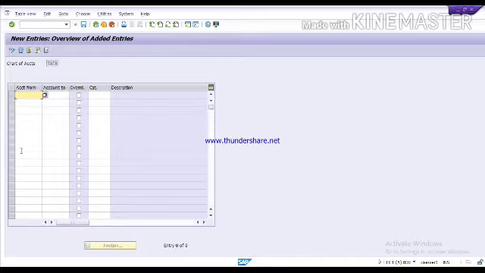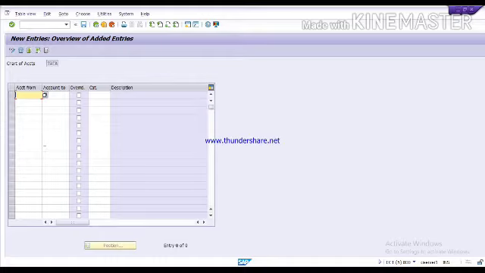You can assign each particular GL here, or you can give the account group and from the account group you can give the GL account number range. This is the easy way. You should give a GL account number range so that you don't need to assign each GL account. Whatever new GL you create in that GL account number range, it will automatically pick it up.